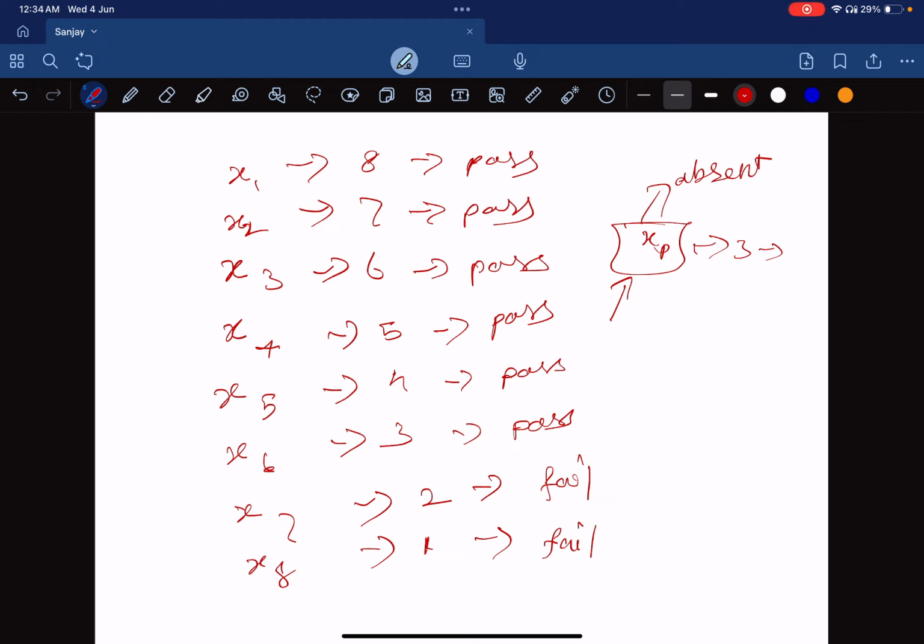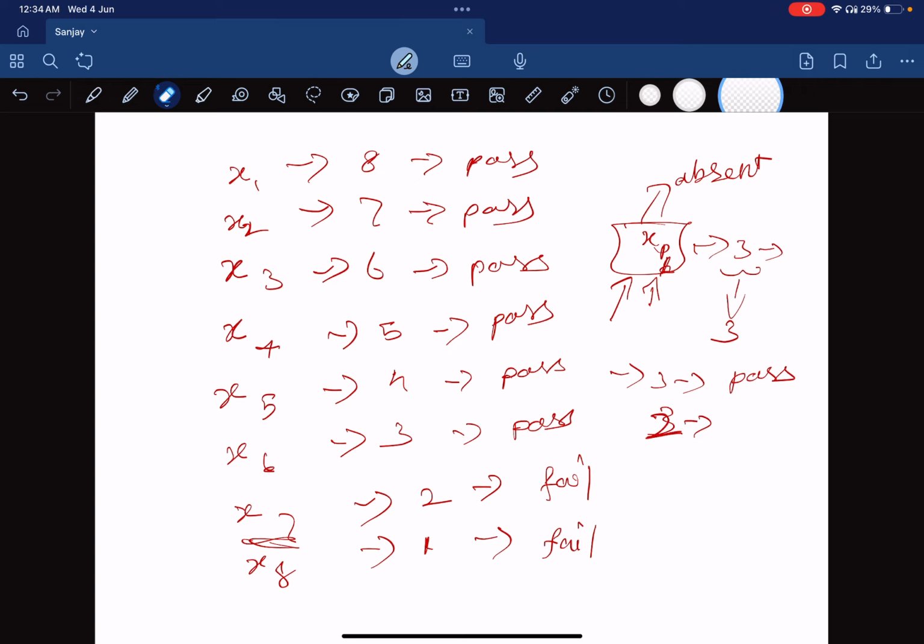In this case, he knows how many hours he studied, because he knows he studied for this exam for 3 hours. He simply goes and asks another student how many hours he studied, and that student says 3 hours, and when asked whether he passed or not, he says yes, he passed. This student is not satisfied by a single person, and he asks another student, like student X7, who studied 2 hours,